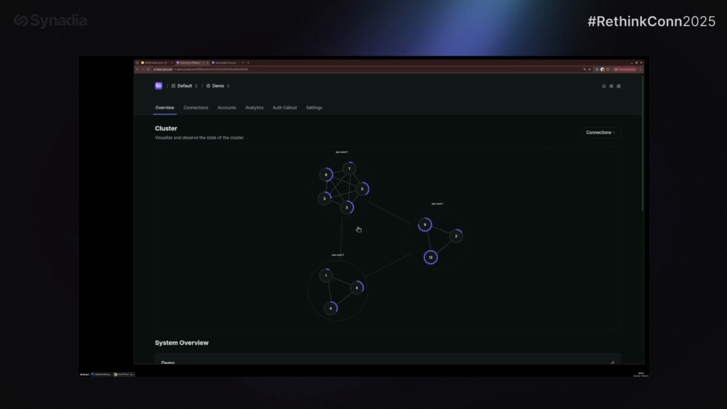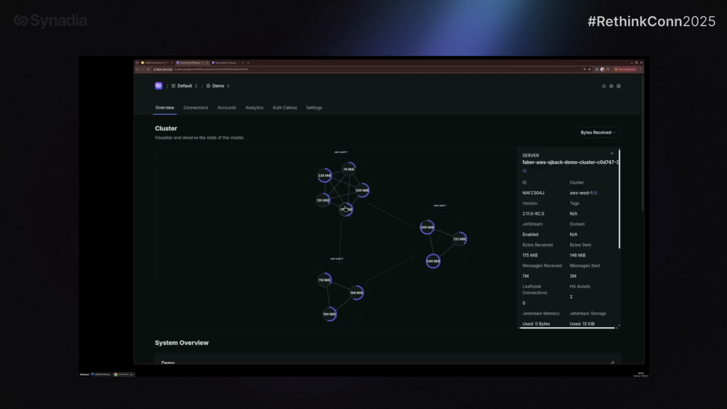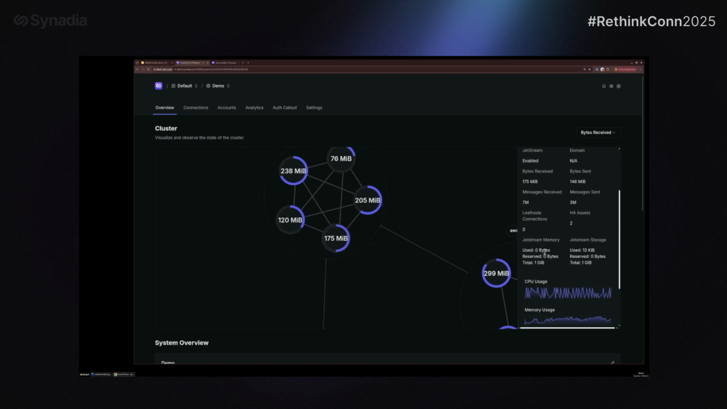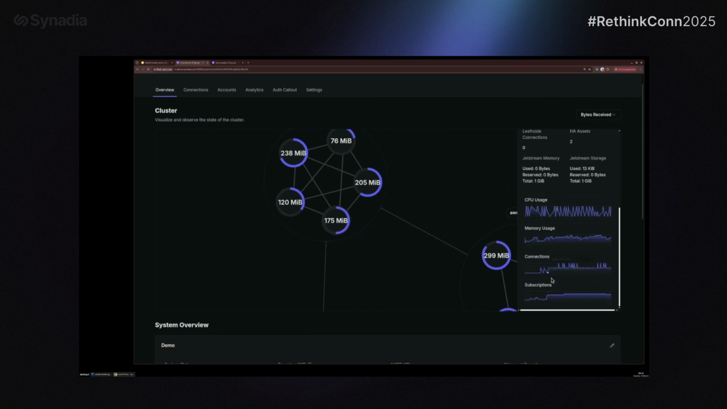If we zoom in a little bit closer, we can see that we're filtering based on connections. So this is the number of active connections to each one of these nodes in the cluster. So a quick visual overview of what's happening. We can also go down and filter based on messages sent and received, bytes sent and received. And then if we click on any one of these individual nodes, it zooms in and gives us what version of the server is running, some information on the CPU, memory usage, the number of connections, subscriptions. So a quick way to get an idea of what's actually happening with your servers and potentially their